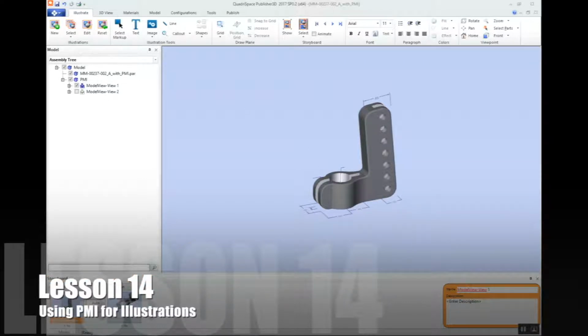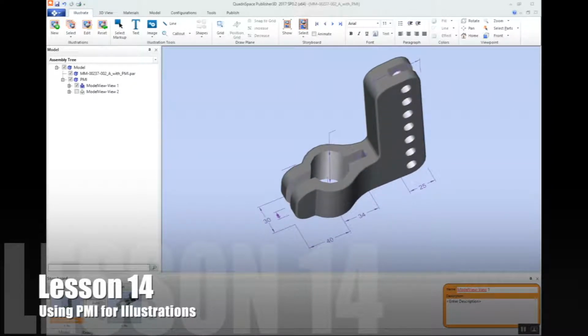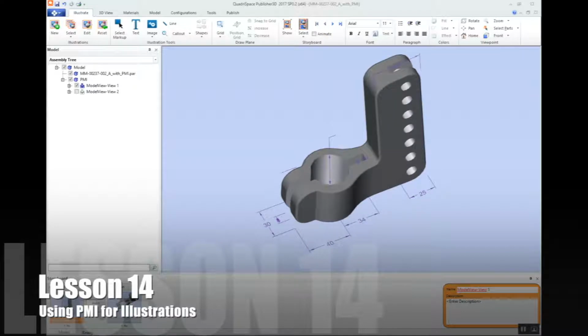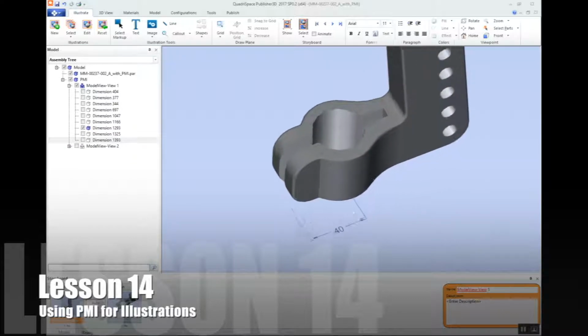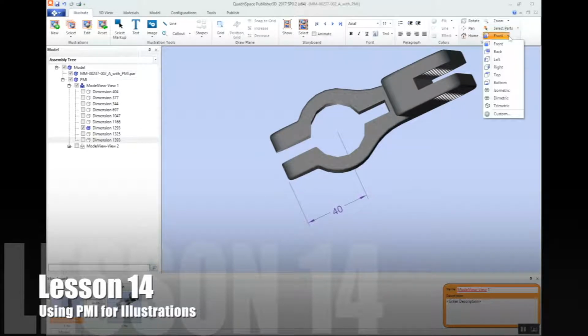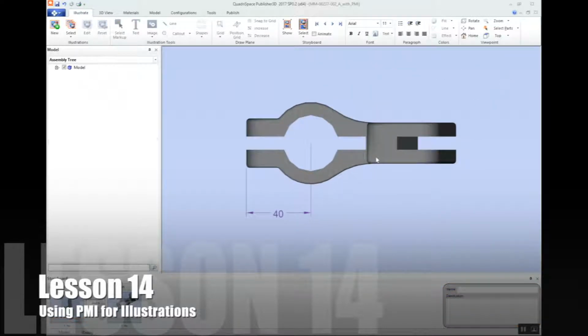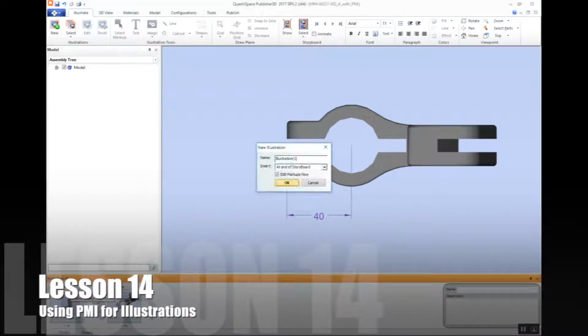Now, you can always go through here, and let's say I wanted to create my own view once I'm in the documentation software in Illustrate. I can go through, and let's say we only wanted 40 to be showing up. We can go through and find that, hide everything until we run across it. So we'll leave that one on and take those others off, and then we'll just zoom in and maybe get a view here showing that. In fact, may want to just do a top view and center that. Okay, so then we can just create our new illustration here,